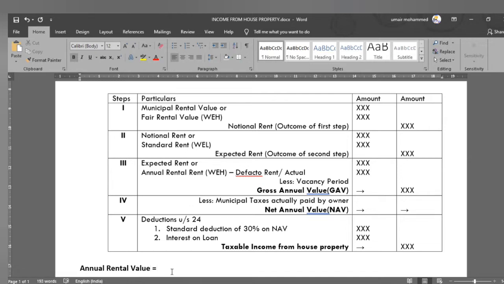So annual rental value is equal to the actual rent collected from tenant monthly, multiplied by 12 months, minus